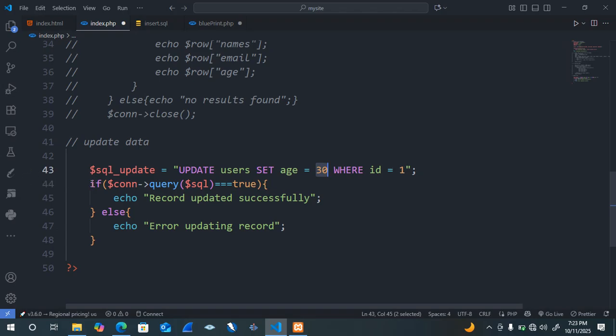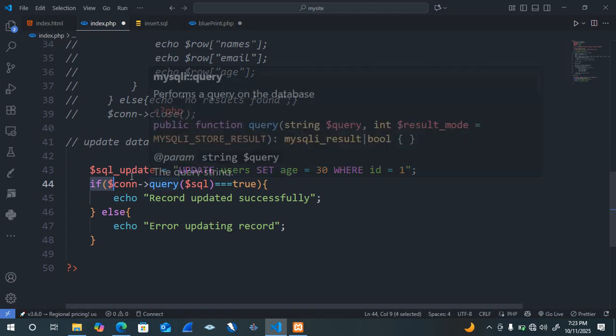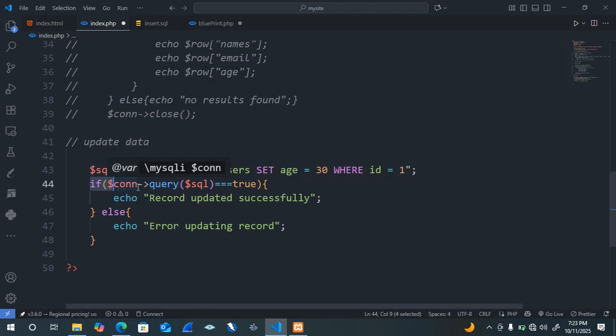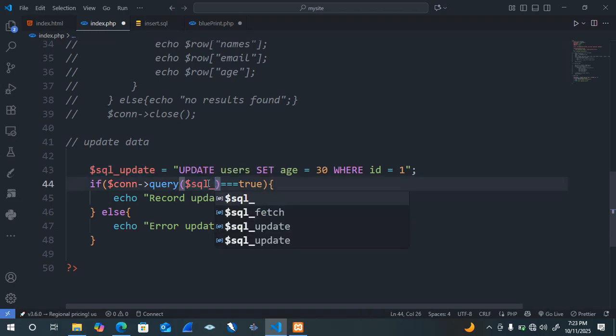From there we execute our query using the dollar con object and access the query command. Here we are executing a query and passing in our query, which in this case is SQL underscore update. And if it is equal to true,